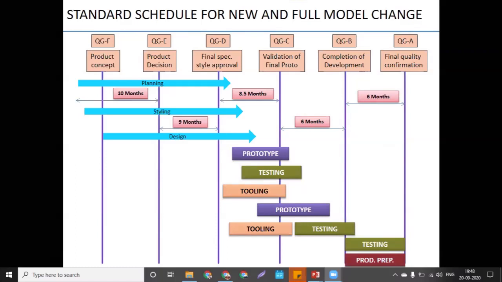F to E. What is F? F is the product concept. What can you expect over there? Concept layout study. Initial level of the study will be there. Again, a section study is made to define the part geometry. Section study means sections you have to do. In this level only, it is actually 2 to 3 months of work for the product concept.